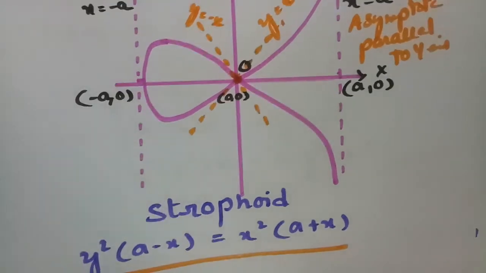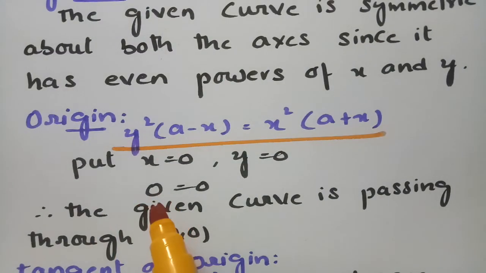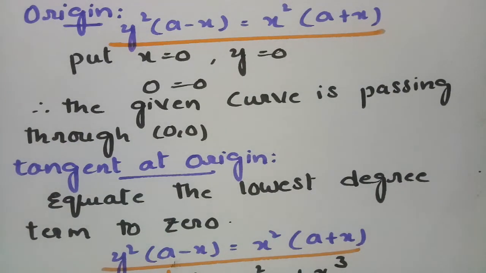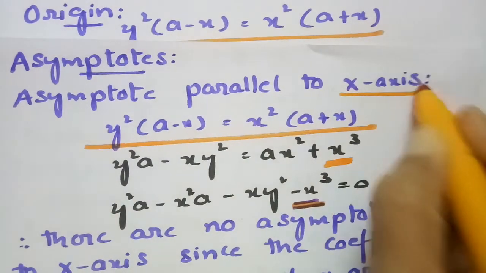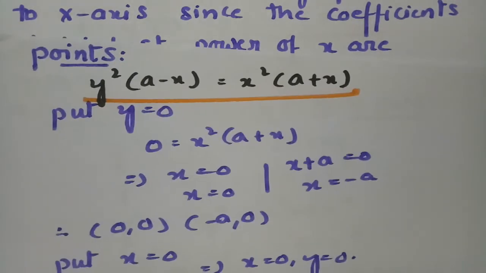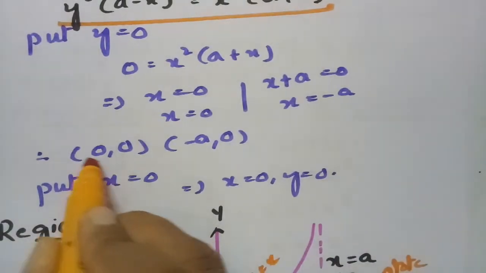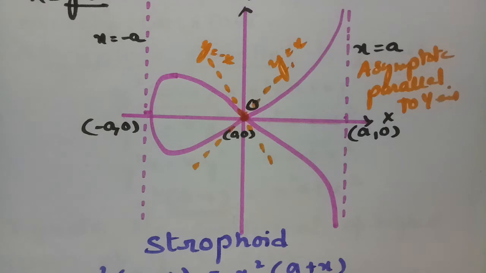So it's very clear that we have to check all the points. We have to check the symmetry, we have to check the origin, whether the given curve is passing through origin or not. If it's passing through origin, we have to calculate tangents at origin. And the next one here is asymptotes. Asymptotes parallel to x-axis and parallel to y-axis. And after that, we have to make some points and plot these points, and basing all these points, this will be the figure, and this is also a most important figure, and this is nothing but strophoid. And thank you so much for watching, and likewise I'll be posting the next curve, how to trace.